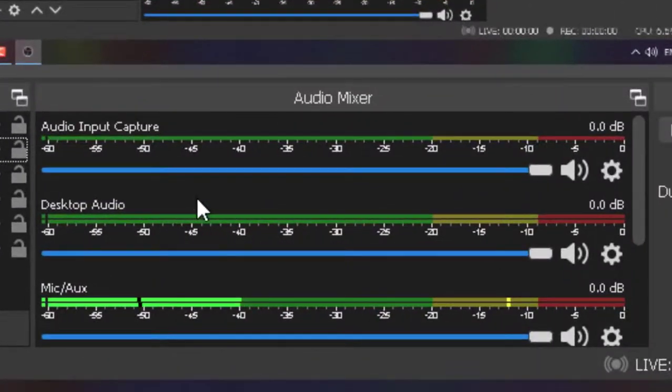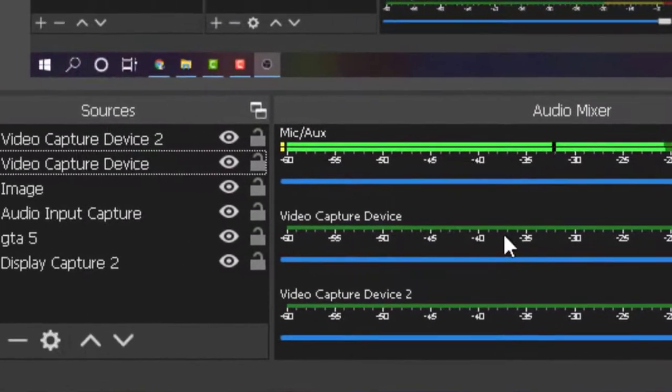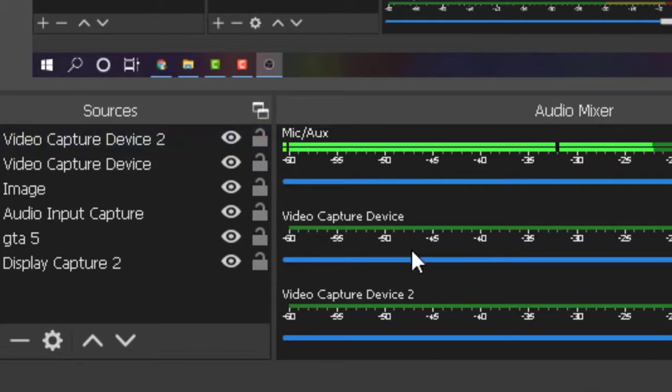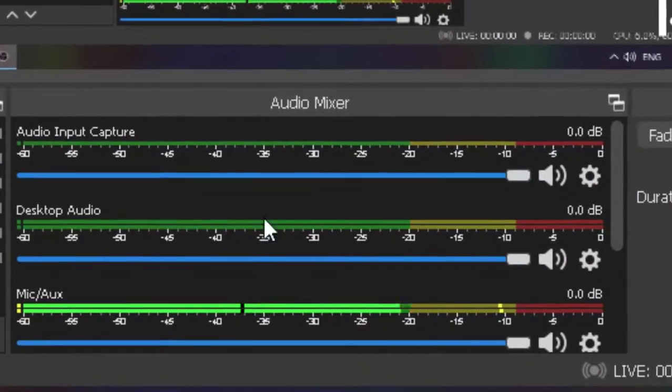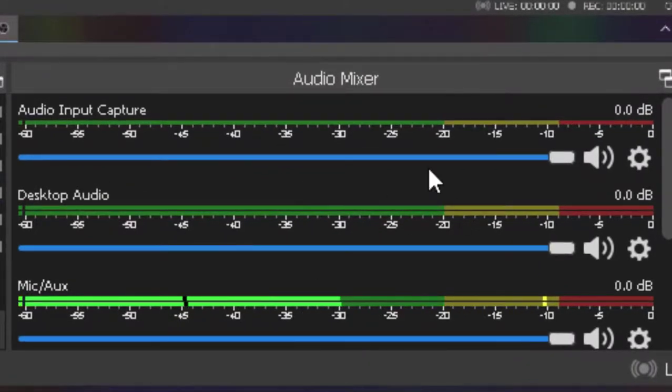Next up, coming to the next panel, we have this audio mixer. According to the sources that you have added, you have individual audio for each and every source. You can simply manage the levels of sound that come out from each source, and you can pretty much mix all the audio, which is a pretty handy feature. You need not do that in post processing. You can simply adjust it right here and you'll have the same thing being recorded.